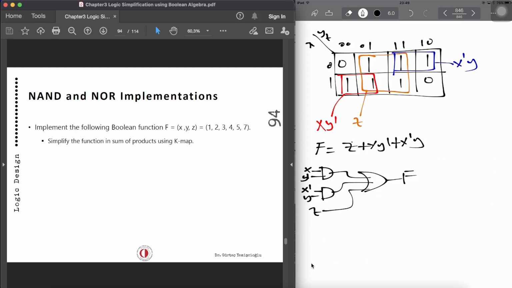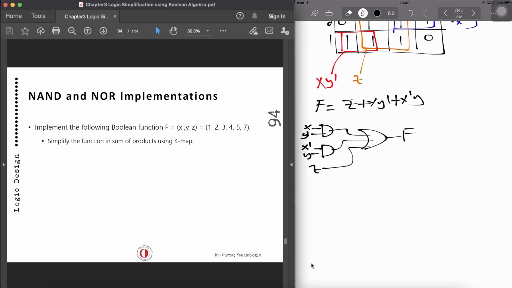Now, if we want to implement this with NAND gates, once again, AND gate, it's going to be a NAND gate, AND gate, it's going to be a NAND gate, and OR gate, invert OR, we need 3 inputs, which will give us F